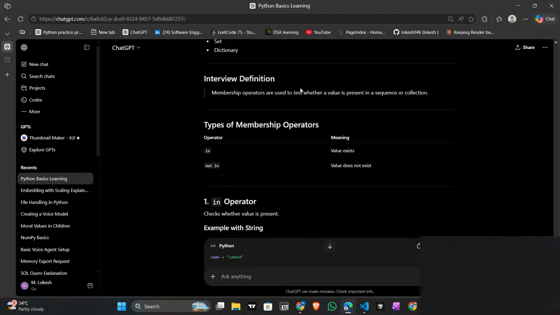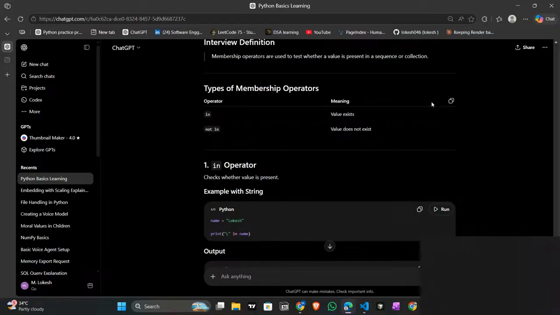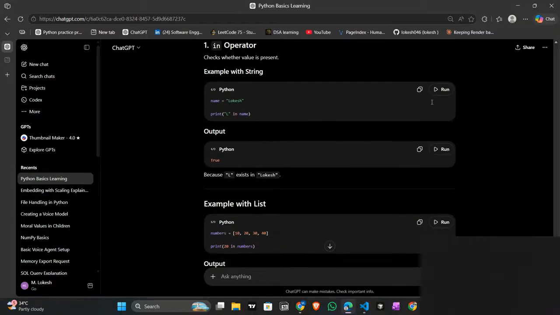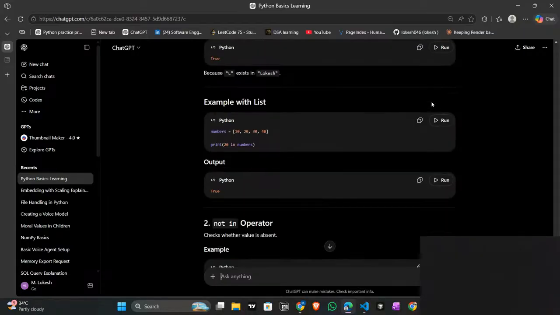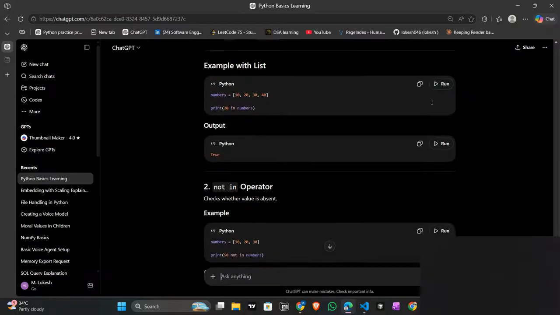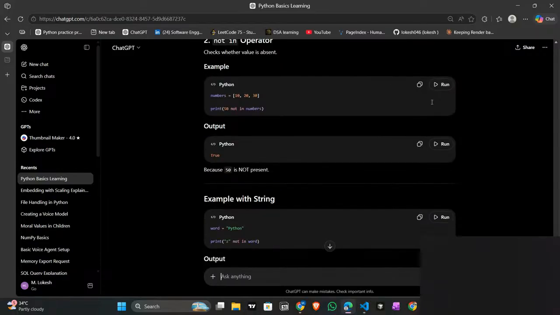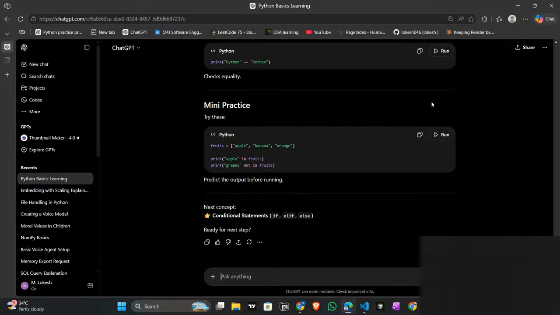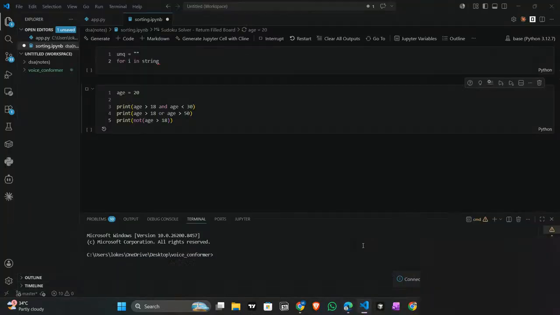A membership operator is used to test whether a value is present in a sequence or collection. Yeah, false.